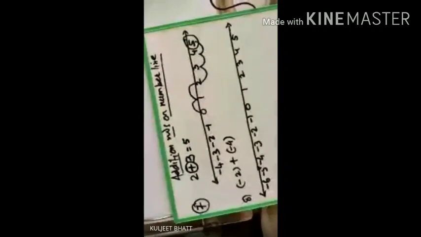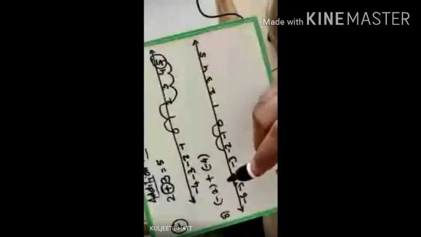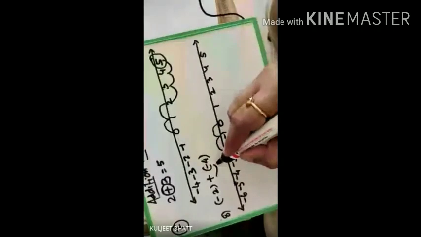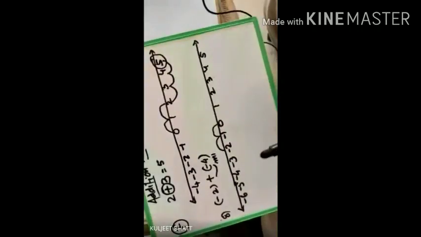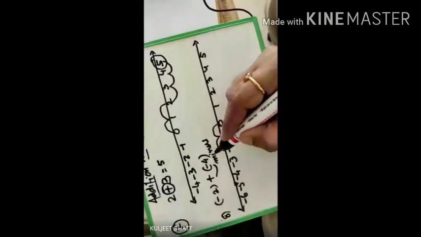So as usual, because both the numbers are negative, we'll jump towards the left. So first jump, 1 and 2 steps. We have reached -2. Now always remember, see where I'm pointing on the question. Plus multiplied by minus will always give you minus. Plus multiplied by minus is always minus. When it is minus, it means you have to go towards your left. Very simple.